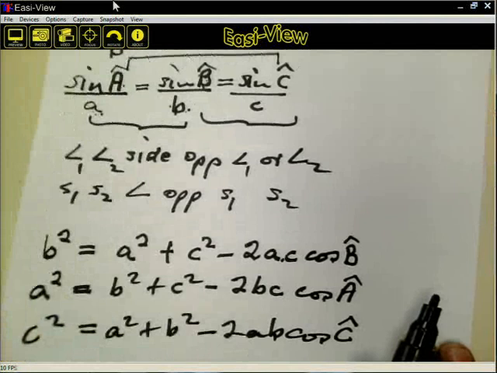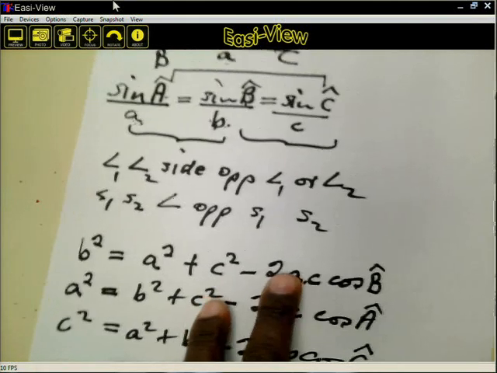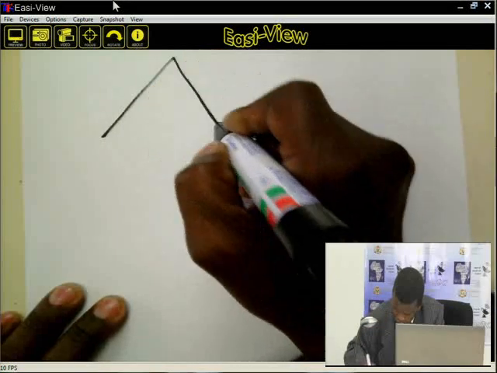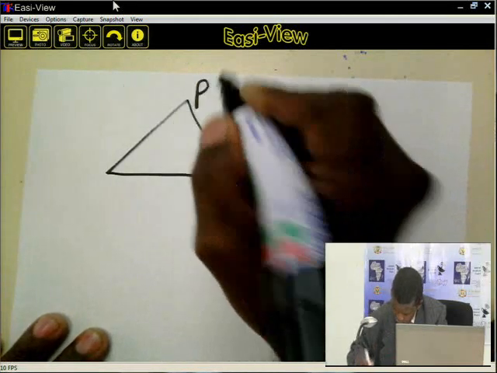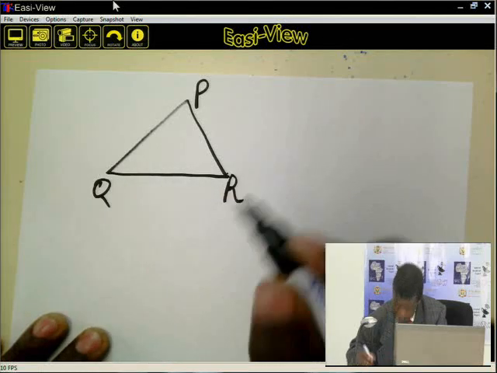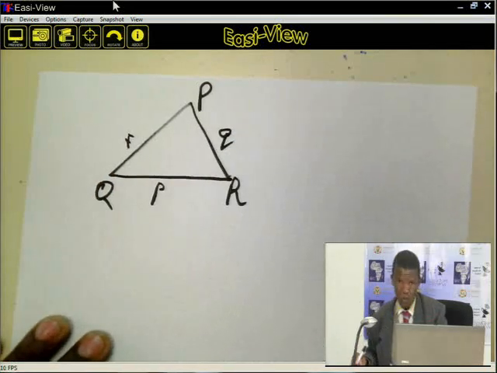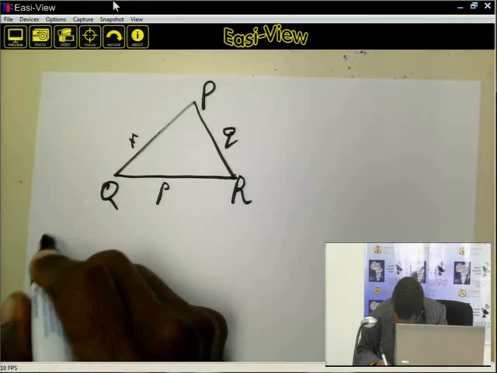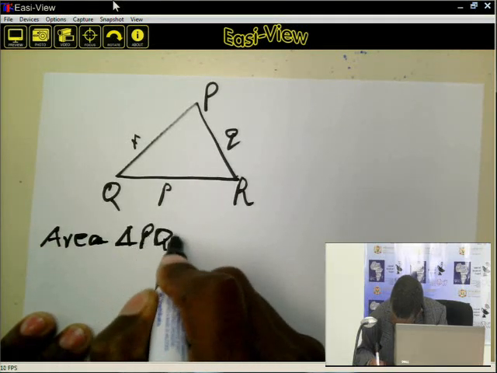And finally, I don't know if you'll be able to do a problem that has the area rule today. But what does the area rule say? I've already indicated. Again, I choose a non-right angle triangle. Let's call it PQR. And I have small p, small r, and small q. The area of this triangle, PQR,